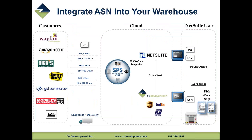So here's a quick example, or quick map, of some of the complexities that can come into play when you are doing business with some large retailers, like you'll see on the left side of the screen here, that might be requiring an ASN. And this is a pretty detailed and complex workflow. The main component that we bring into the mix here is if you have customers like Best Buy and Dick's and Wayfair and these other companies that are requiring an ASN label,